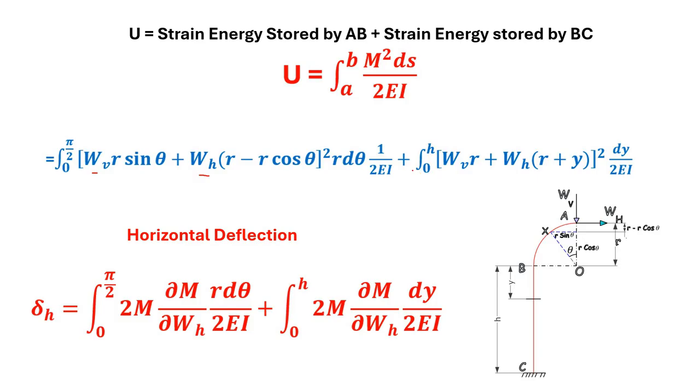Then you take the expression for the integral between the limits 0 to h, where you have WV into r plus WH into r plus y, the whole square. So WH into, for example, if you take this point, WV times the lever arm distance is here, it is r